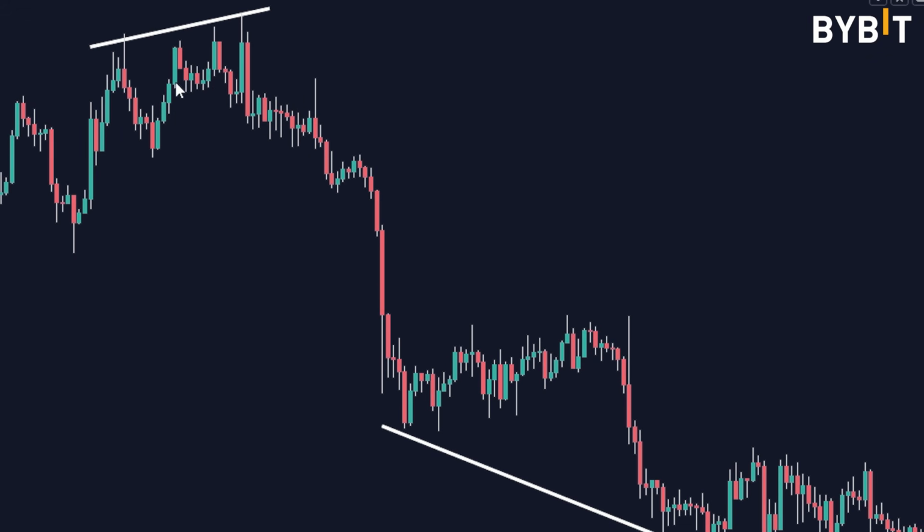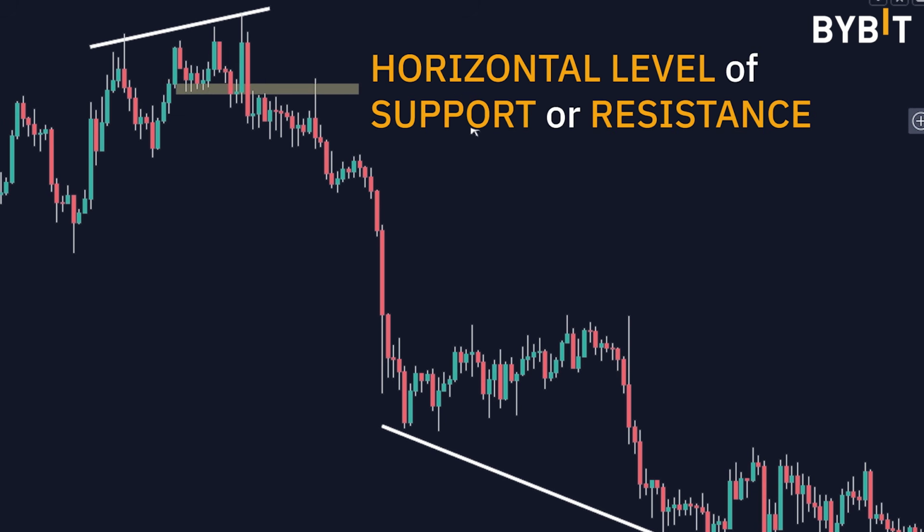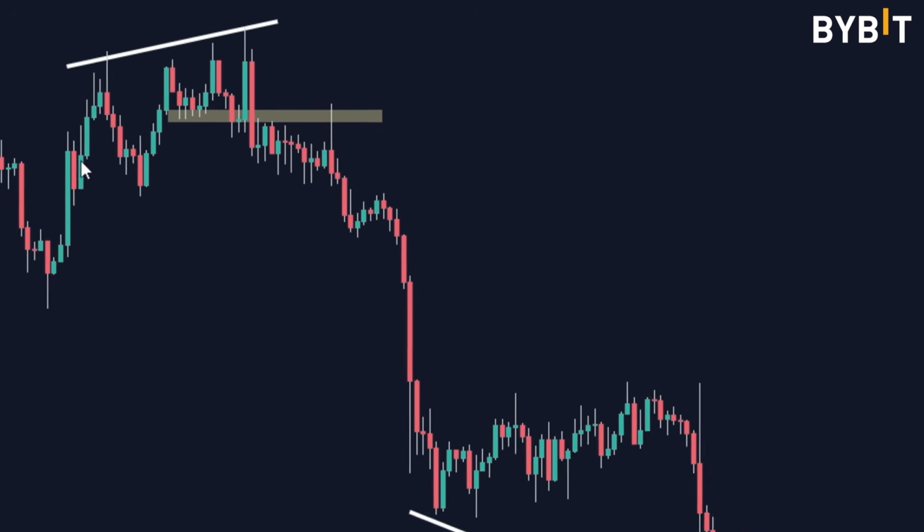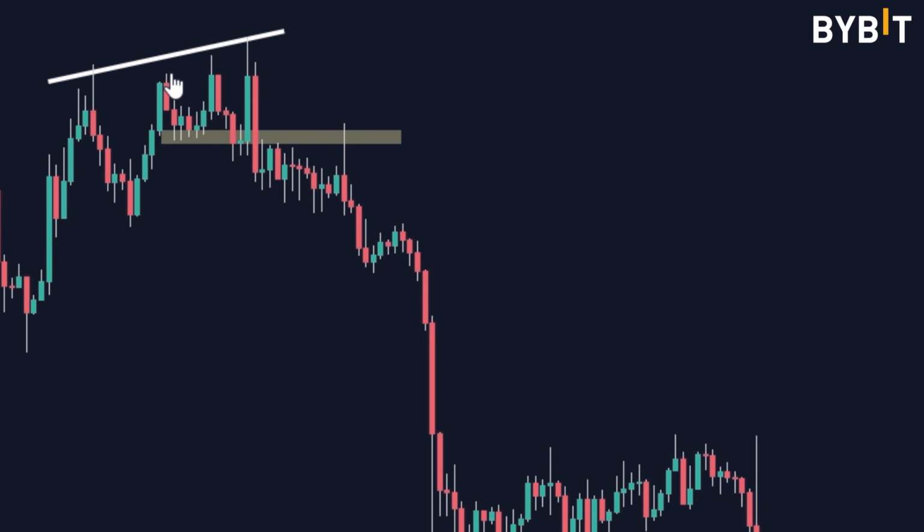And what I like to do is come out and you find a midpoint low. Look for a horizontal level of support or resistance. In this case, since the market was moving higher, we want to look for a level of support. When this level of support breaks, then we could use that as a signal and a trigger to enter into it. So here we've got a level of horizontal support. Price broke through this horizontal level of support, drifted lower, came back, retested the bottom side of it, and then took off to the downside.